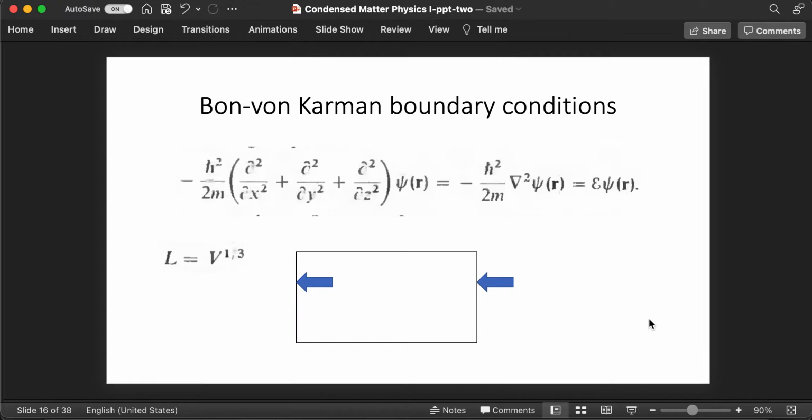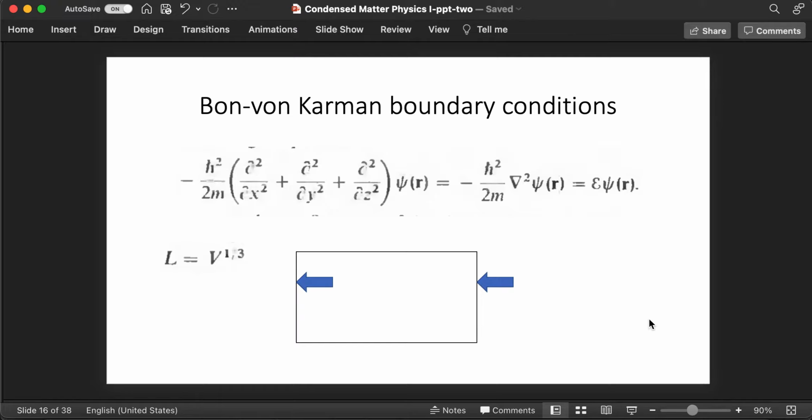So if I consider a cube of length L, then you can consider standing wave like wave functions within the cube, and outside the cube the wave function will not exist. But since we are going to consider transport properties, we use a slightly different form of the boundary condition, and